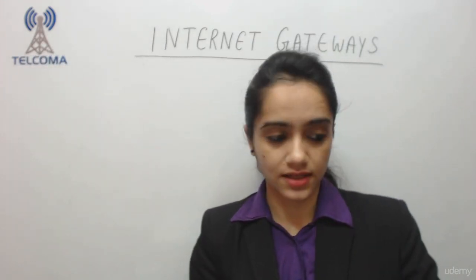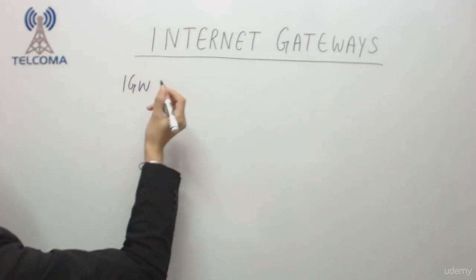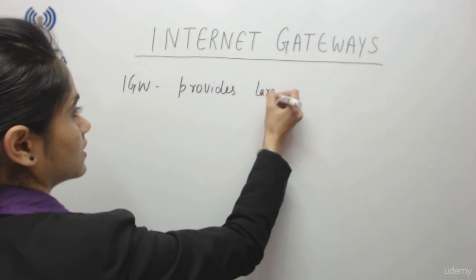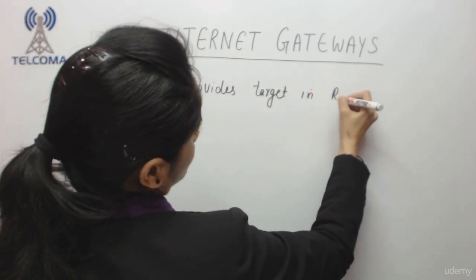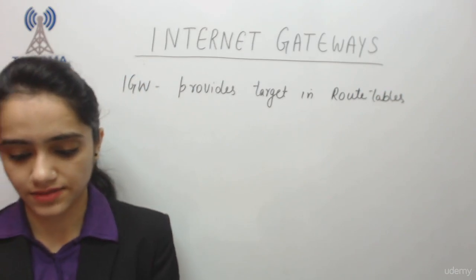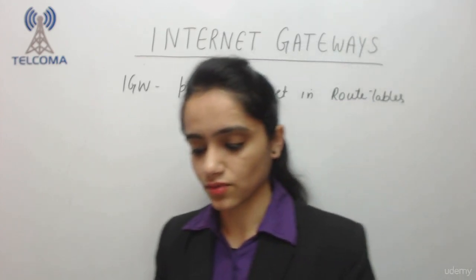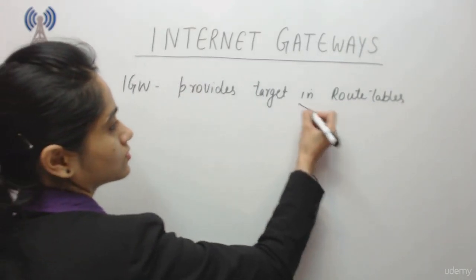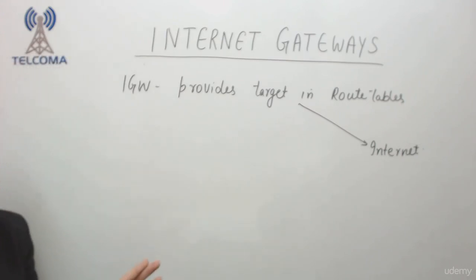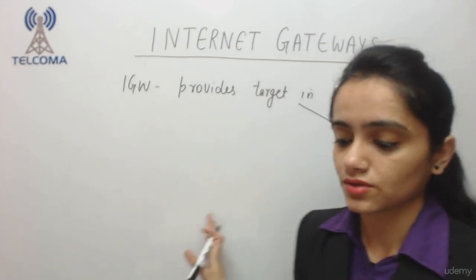Now the internet gateway provides a target in your virtual private cloud route tables. That means, as we discussed in the previous class, in a route table we have to define a target for internet-routable traffic, whenever the traffic is to be routed to the internet. So it specifies in a route table that this traffic has to be routed to the internet,